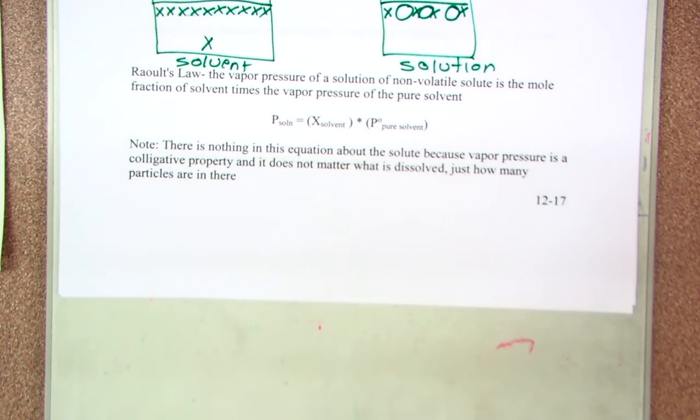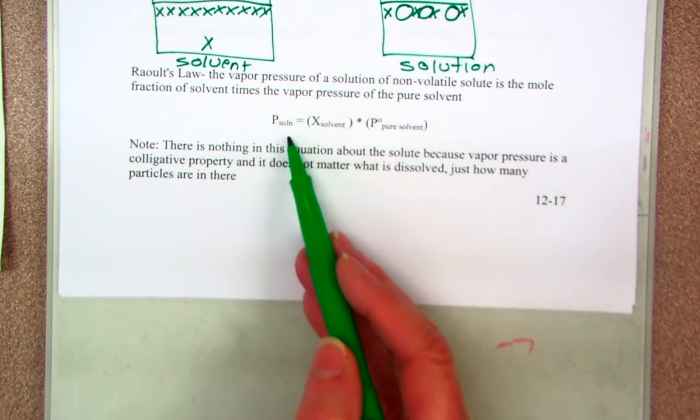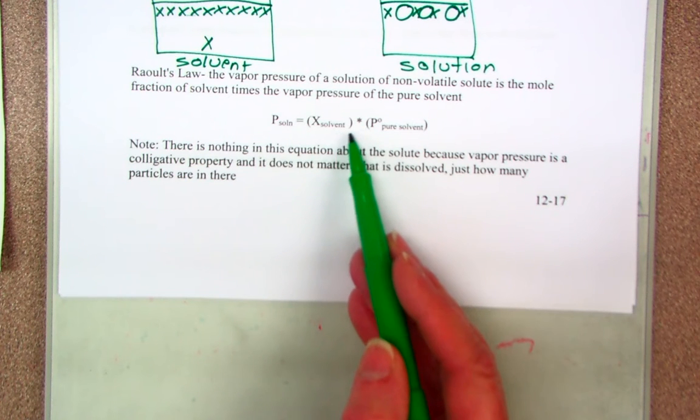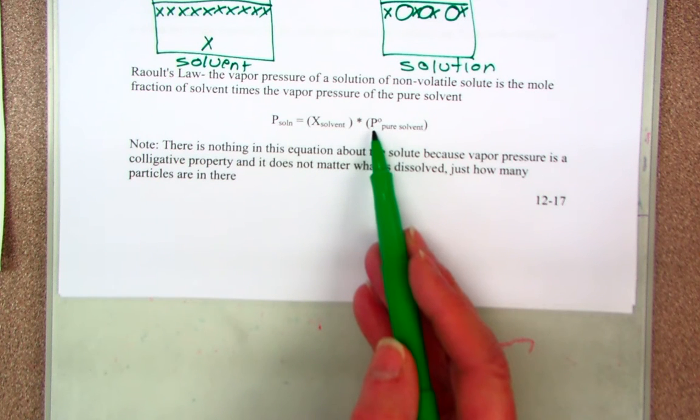We'll talk about now our first colligative property. And the first colligative property we're going to look at is based on the vapor pressure of a solution. And Raoult's law says that the vapor pressure of a solution of a non-volatile solute is equal to the mole fraction of the solvent times the vapor pressure of the pure solvent. So the pressure of the solution is the mole fraction of the solvent times P0, the pressure of the pure